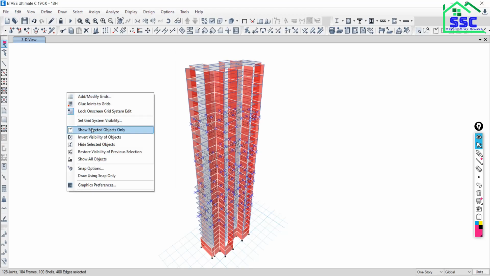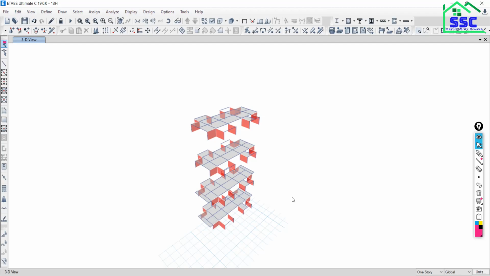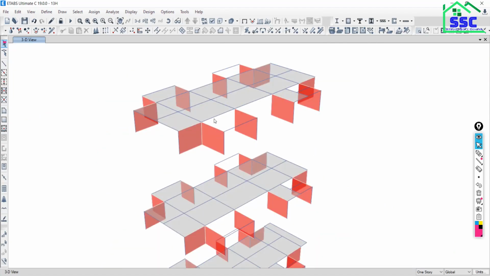Now just right click on the window and show selected objects. Can you see? We have not made the selection by member or element or object. Here we have selected the things based on the stories. So all the things available in those stories will appear here. Is it okay?